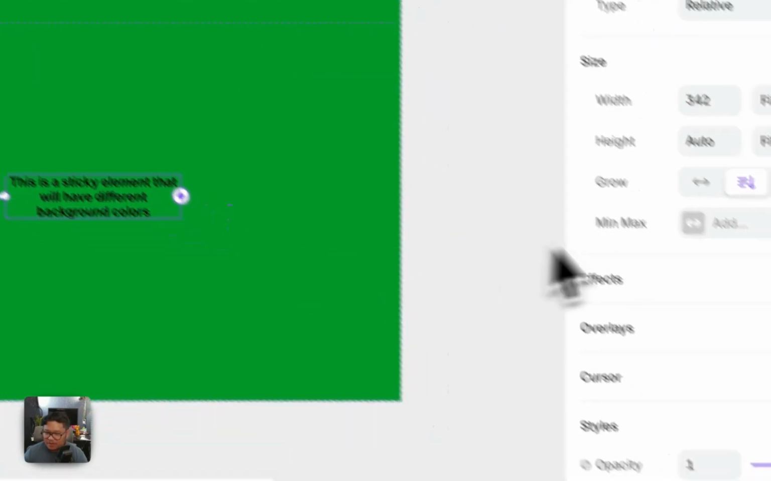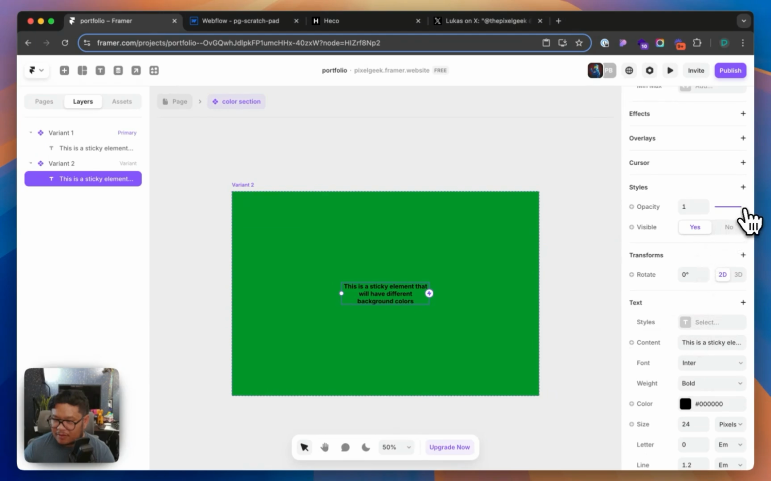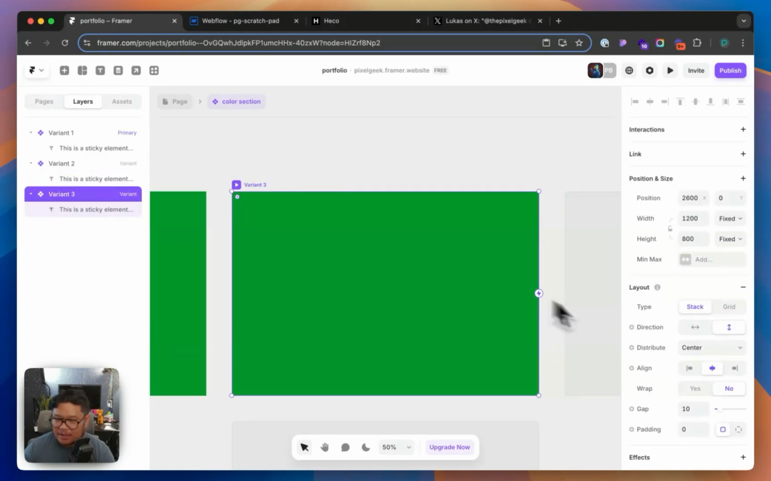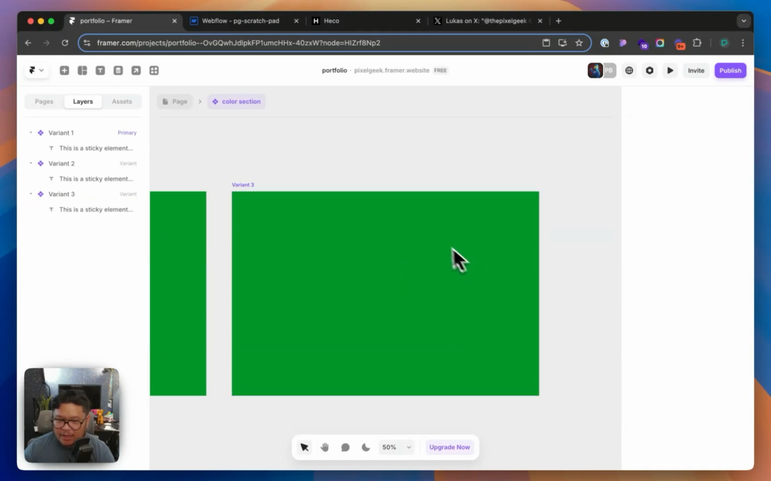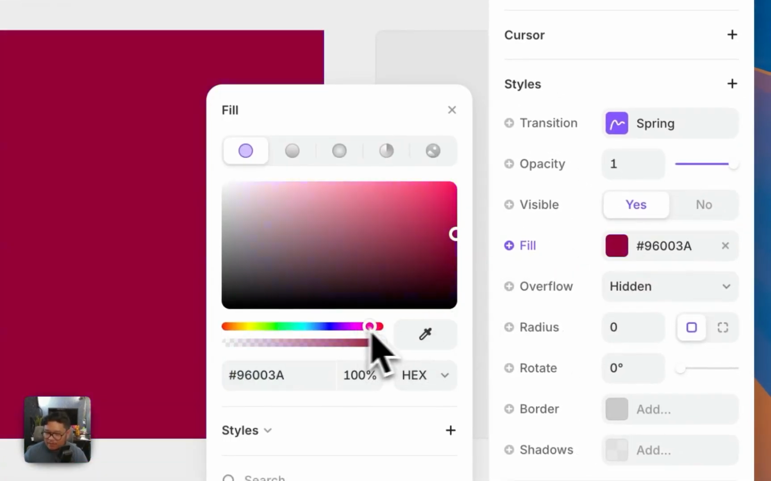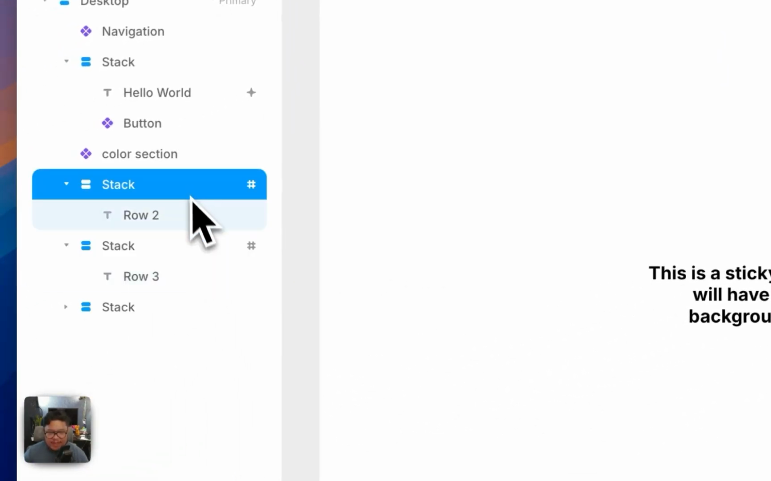And let's change this to be opacity 0 so we don't see it. And now let's go ahead and add another variant. And then variant 3, let's make sure that the background is red. All right, so if I go to page, we should see variant 1, but now each of these stacks, the